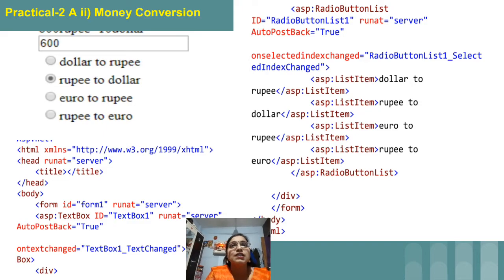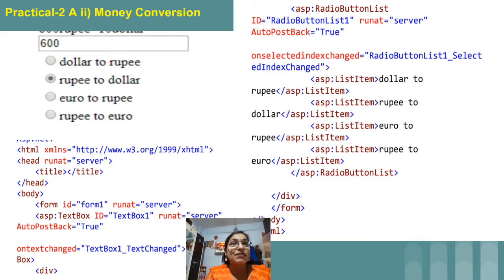So for the same I have decided the interface as, first, your text box. After this text box you will be having options. For the options I have taken, it's not separate radio buttons. We do have separate radio buttons also, but this is not that. You will be having the radio button list control in the toolbox, so that you have to take. This is the radio button list.